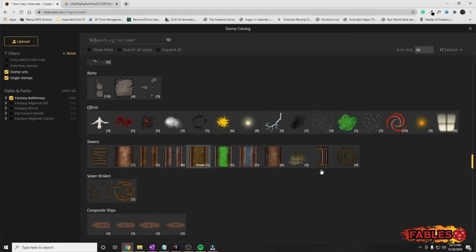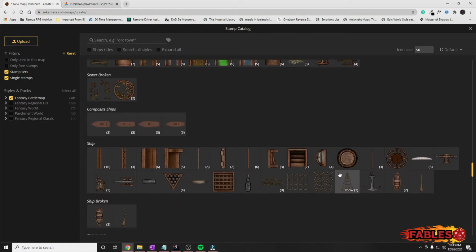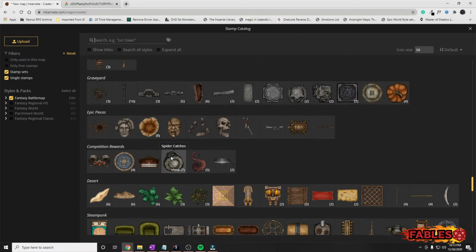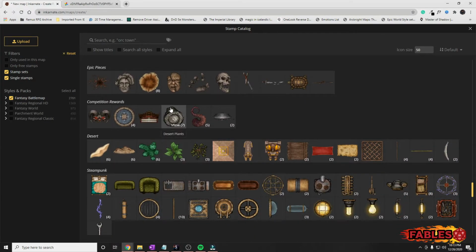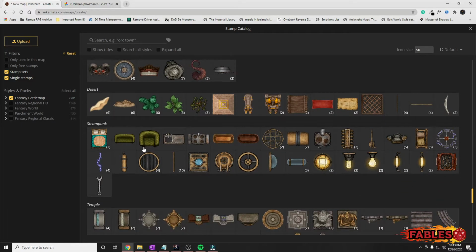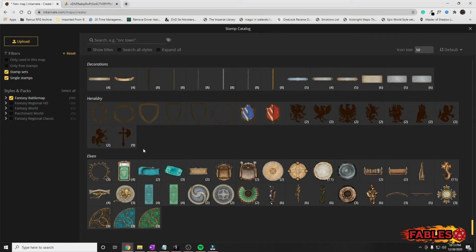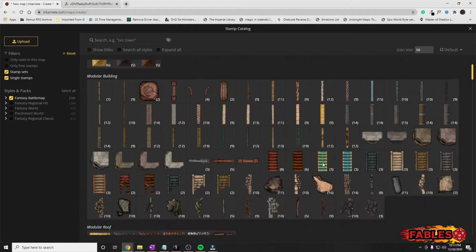But it doesn't look like we really have graveyard epic pieces. No. Competition rewards. No, it doesn't really look like we have what I need. Elven, yeah, no. Okay, so let's scroll all the way back up to the top